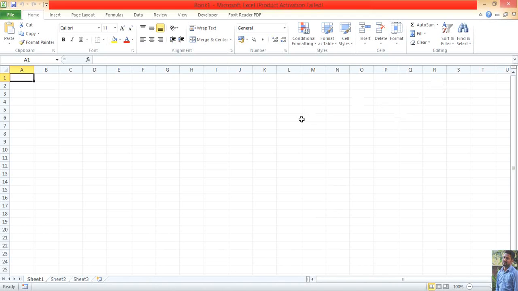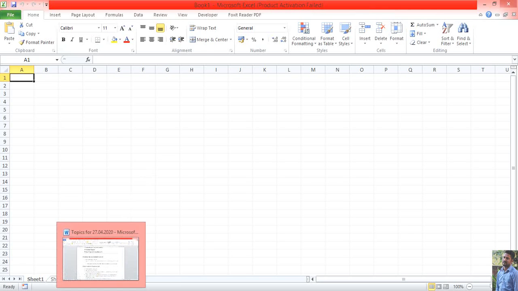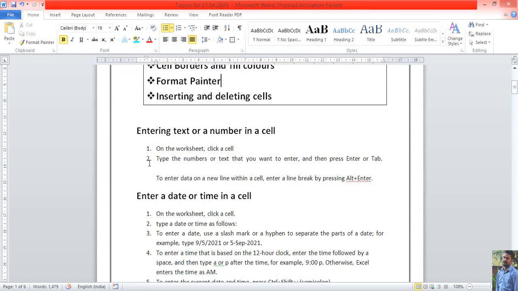As you can all see, the upper section of this workbook is the ribbon. In the ribbon there are many options like the Home tab, Insert tab, Page Layout, Formulas, Data, Review, View. These can help us in creating our workbook with many options. So first of all, we will try to enter text and numbers in an MS Excel workbook.